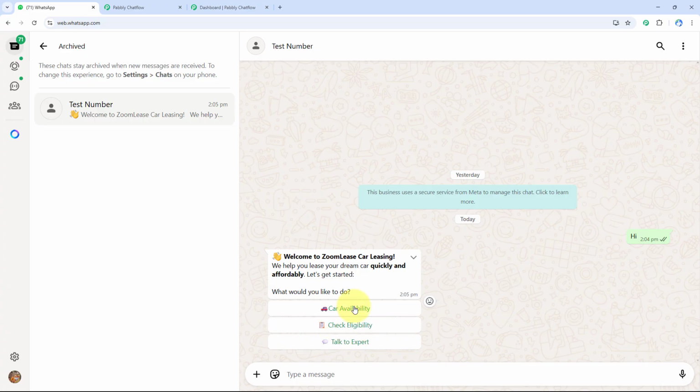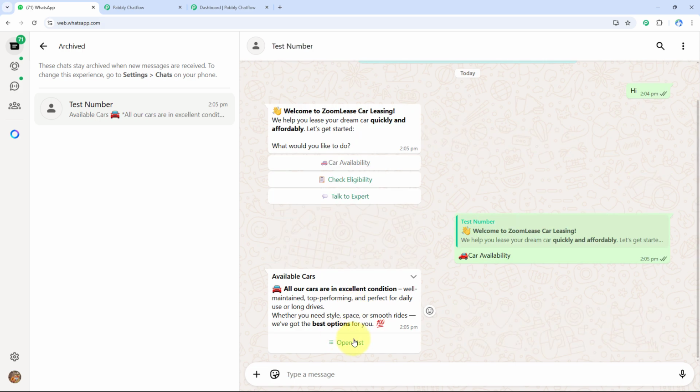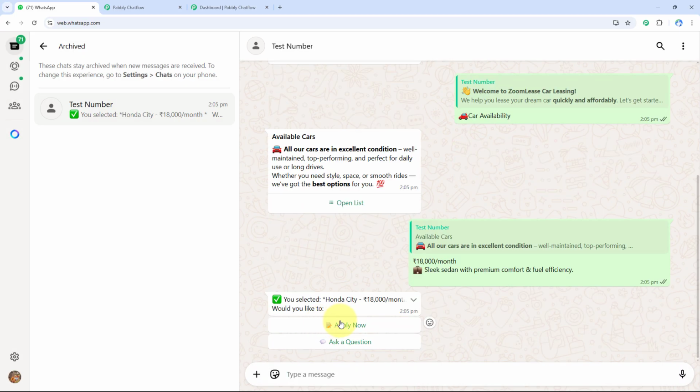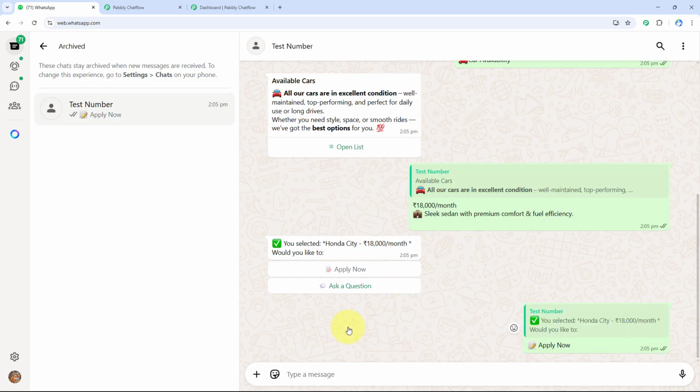Now if I select car availability, I'm getting a complete list of available cars, as you can see. Now if I want this Honda City, I just need to simply select like this and send. Now I'm getting 2 options: apply now and ask a question. If I select this apply now button,